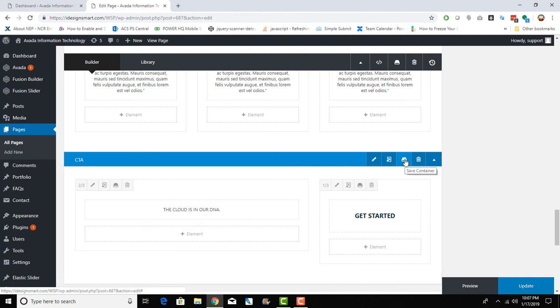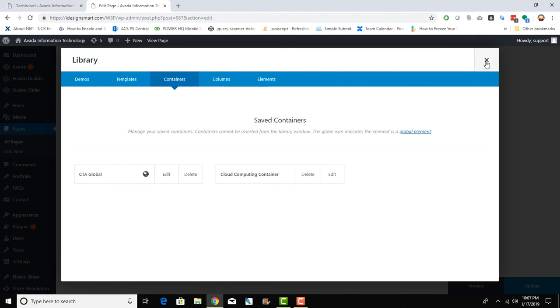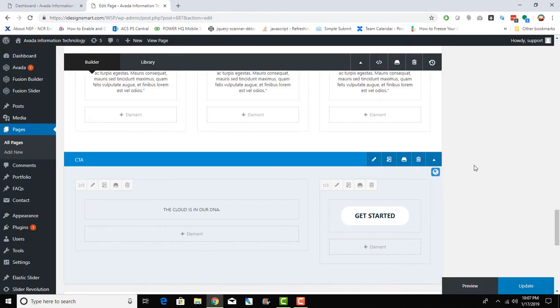So we'll go back to this save container option, and we will save this container as our CTA global. It doesn't matter what the name is, you can call it global or not, but I'm using global so I remember what exactly it is. And this time we'll check the box that says save as global, and then save the container. Okay, so that is all done. Now I'll exit out of it. Now I can delete this container,